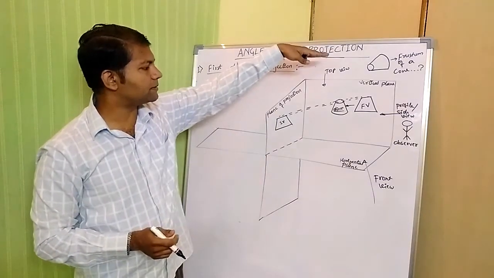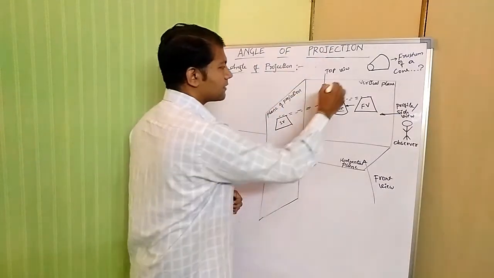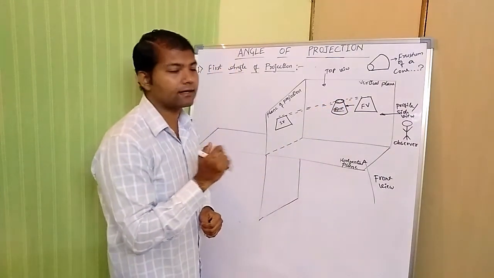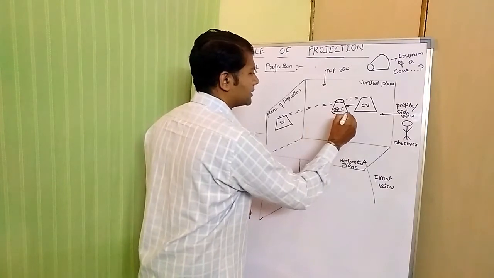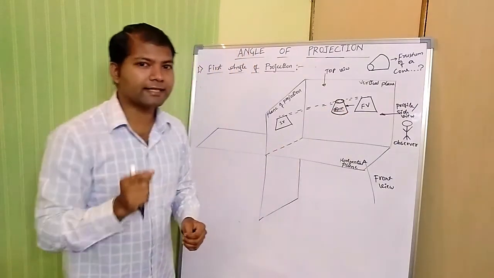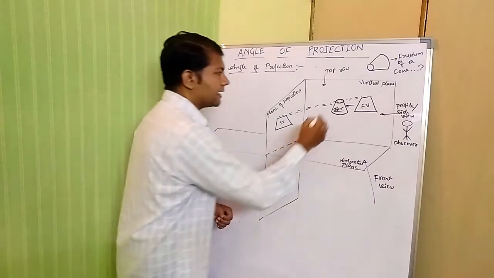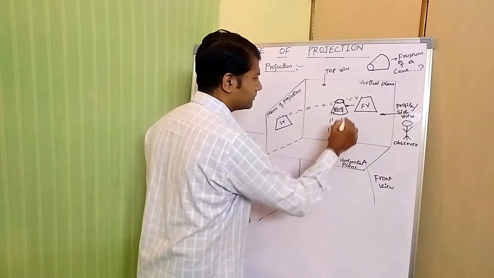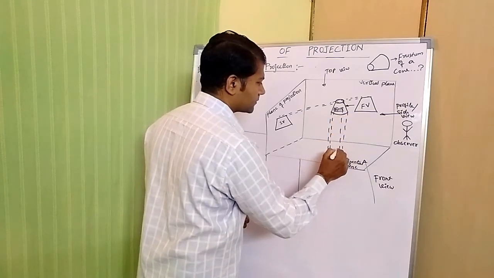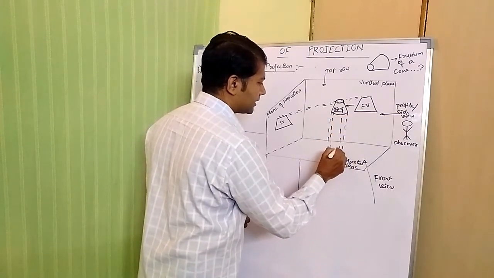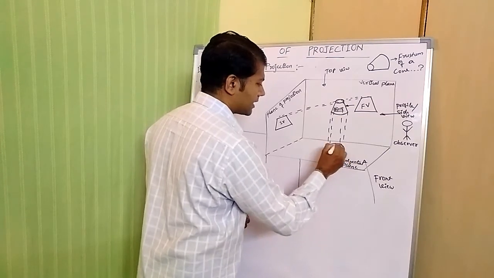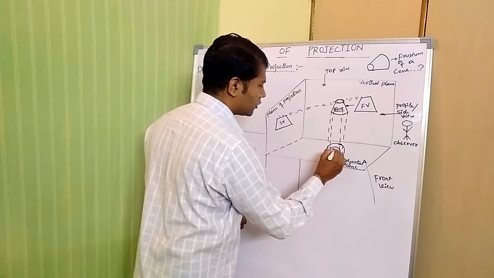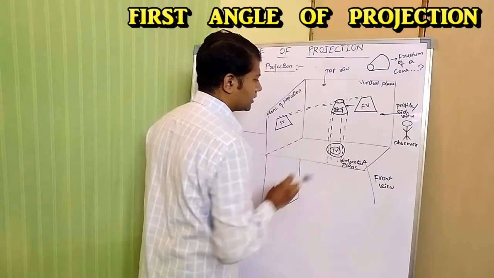Next, viewing the object from the top view, the observer first can see the smaller diameter of a circle, then he can view the major diameter of a circle. Means the concentric circles are going to appear. They are going to be projected on a horizontal plane. So that is a smaller diameter as well as a major diameter. You are viewing from the top, so that is a top view of an object.